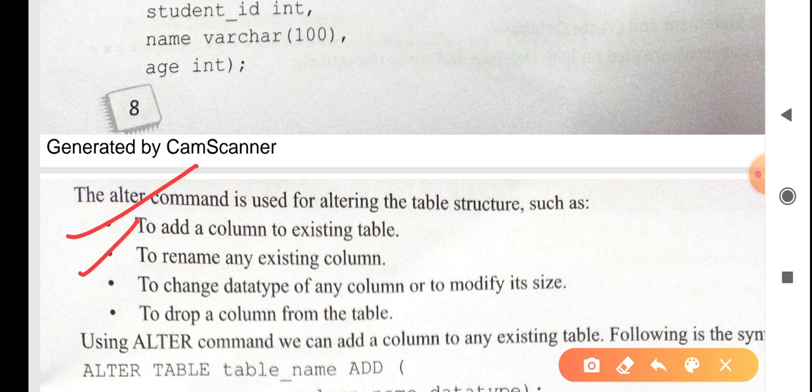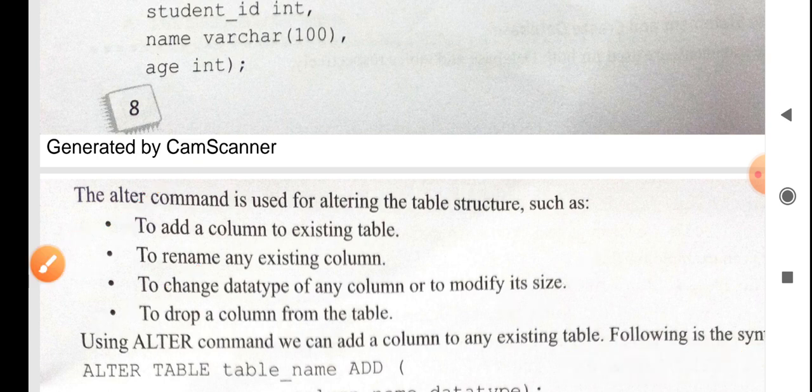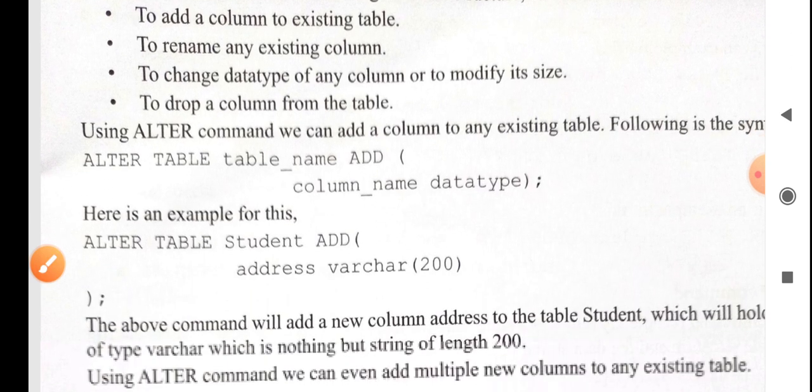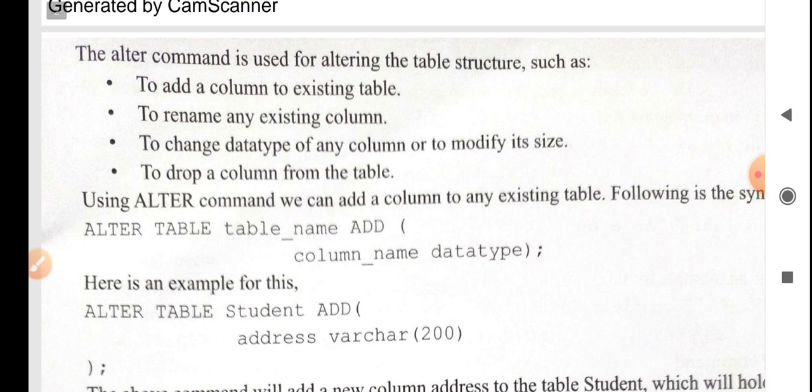You can rename a column, change the type of column, or modify the size of the column, and you can also drop the column from the table. Similarly, you can drop the whole table, and you can also drop the whole database.